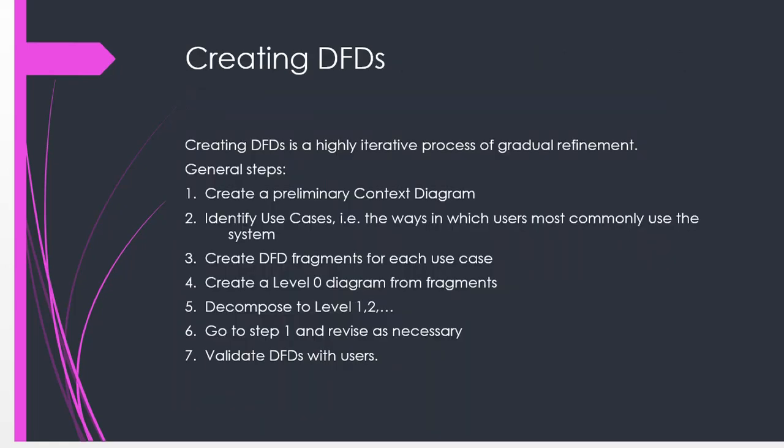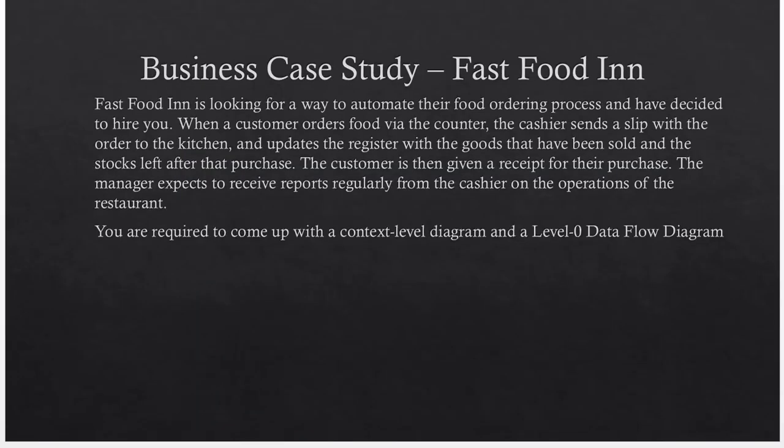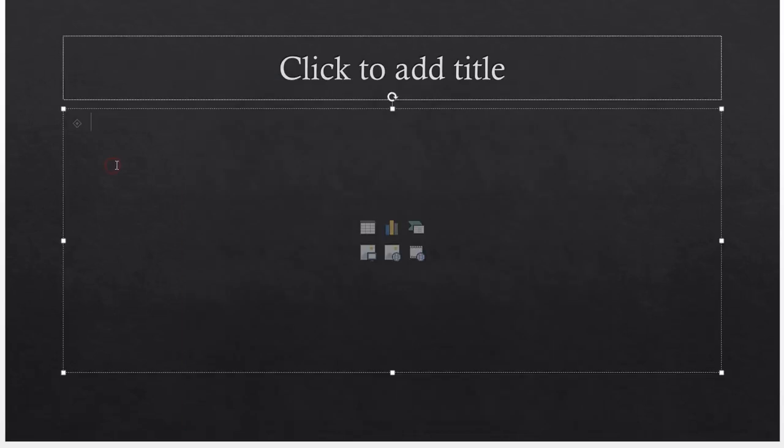So how do you come up with a data flow diagram? The key thing is to first read and understand the business case that you have been given. That's the first thing that you need to do. And then secondly, the way I would approach it is as follows. I would say, number 1,